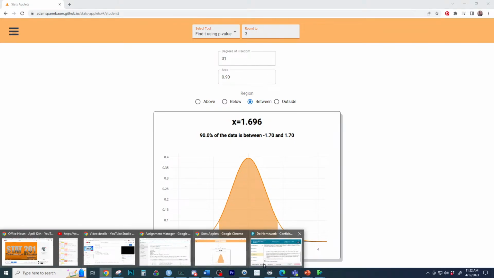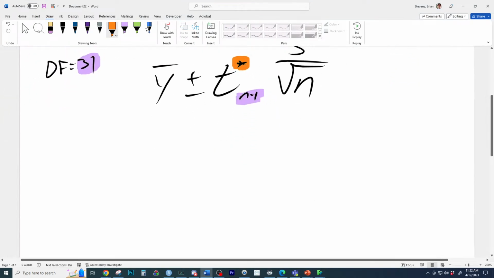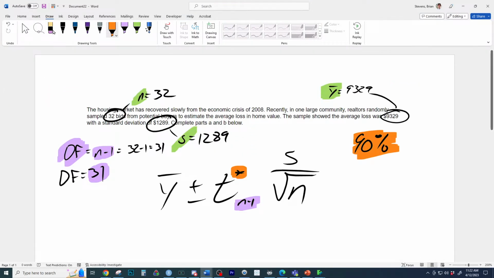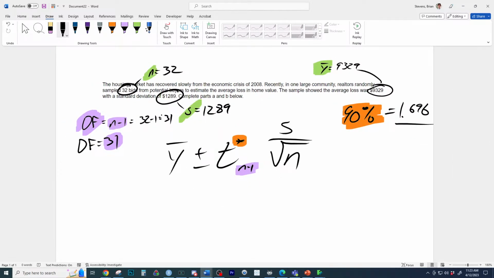So now that we have all this right here, and thank you, Adam Spanbauer, once again, 1.696. So let's go bring that over here. And all we have to do is what now? So the T-score relative to 90% confidence is 1.696. All we have to do is what now? Just plug in the values, right? So we've marked everything. 1.696, and then standard deviation is 1289 over square root of 32 plus or minus